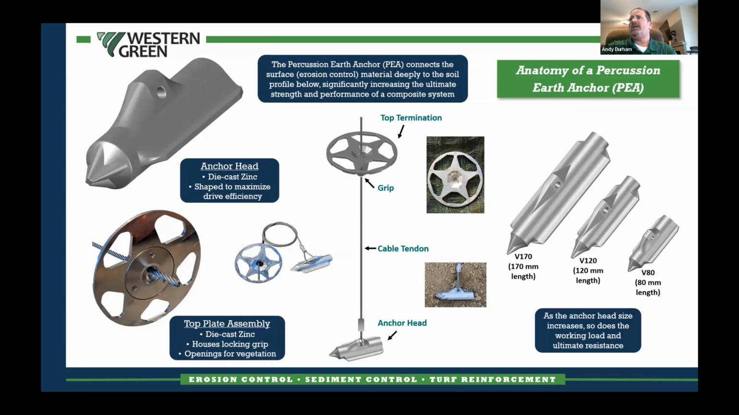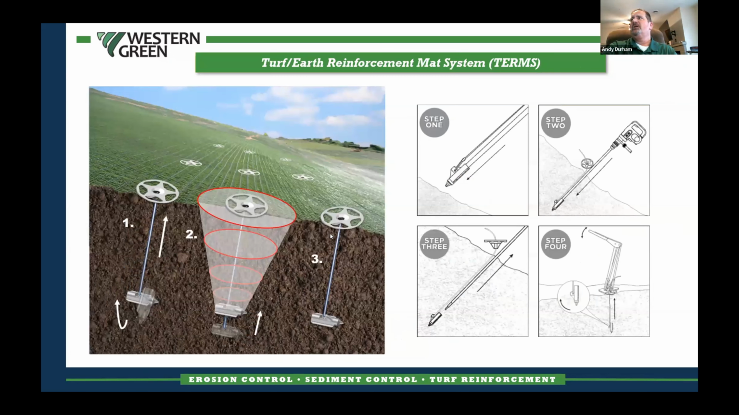It's got a cable tendon, and it's got an anchor head or anchor foot at the bottom. Now, this anchor head that I have in my hand is actually the smallest one that we sell. We actually go to a much larger one depending on what we need to use it in terms of applications. So essentially, we're driving the anchor into the ground using a piece of drive steel, and it's got that flexible